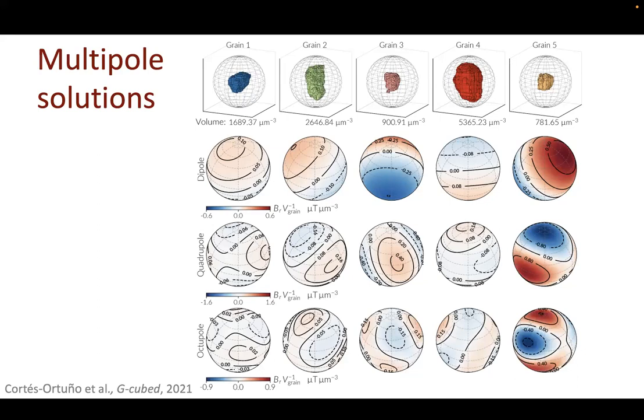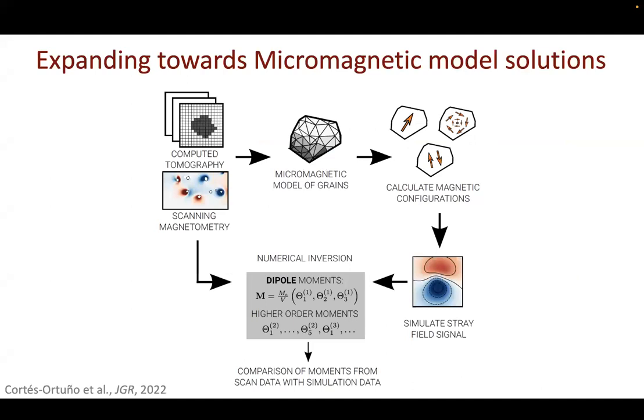Sometimes, like this grain, it really changes direction. Sometimes they are quite alike. But the main take-home message is that we can have a look at the magnetization on a sphere that encapsulates our grains. So this is all published. But then that made us wonder,